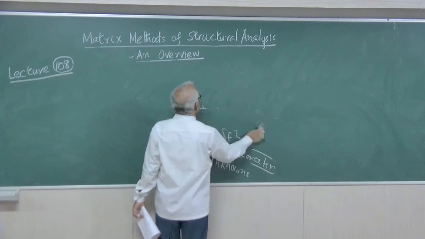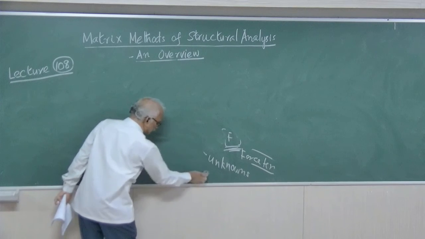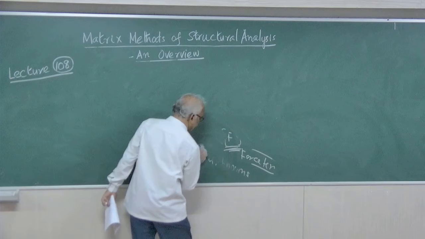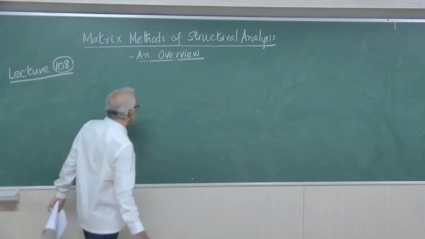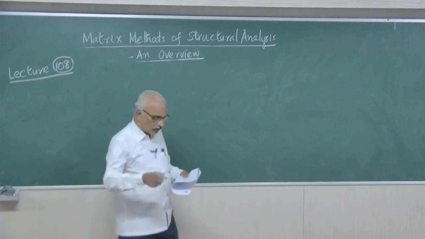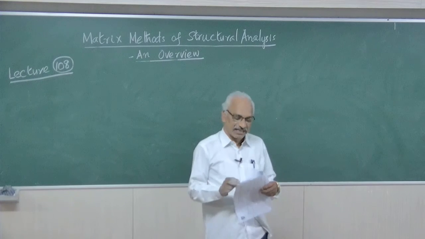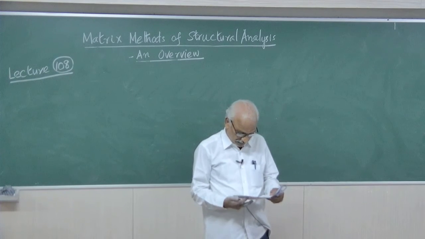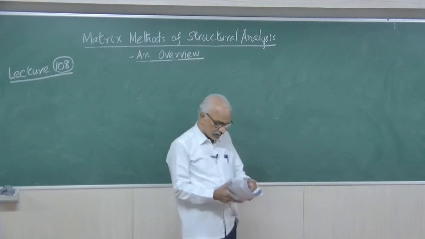Because these are all GATE questions only. In the GATE examination they will ask what the size of the stiffness matrix depends upon. They will give 4 options. You have to tick kinematic indeterminacy. Similarly, what the size of the flexibility matrix depends upon. They will give 4 options. That is decided by the static indeterminacy. So these are some of the items that you have to be very confident about.